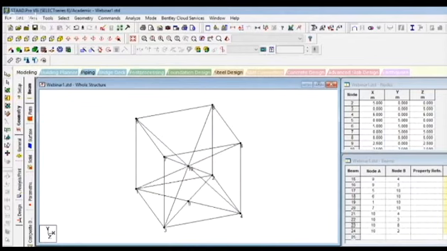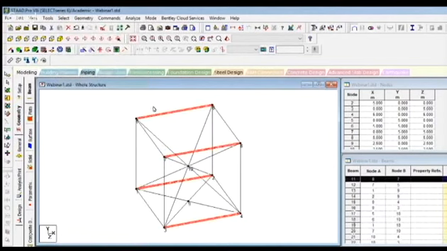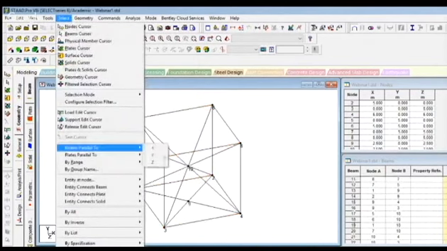Similarly, we can have some kind of inverse selection also. Before inverse selection, we will learn something, if you just want to select the beams which are parallel to y-axis or x-axis or z-axis. So if you just want to do that, go to select. There is the option beams parallel to x-axis. So after clicking on beams parallel to x-axis, only the beams which are parallel to x-axis will be selected. Are you understanding this? Similarly, you could have select beams parallel to y-axis.